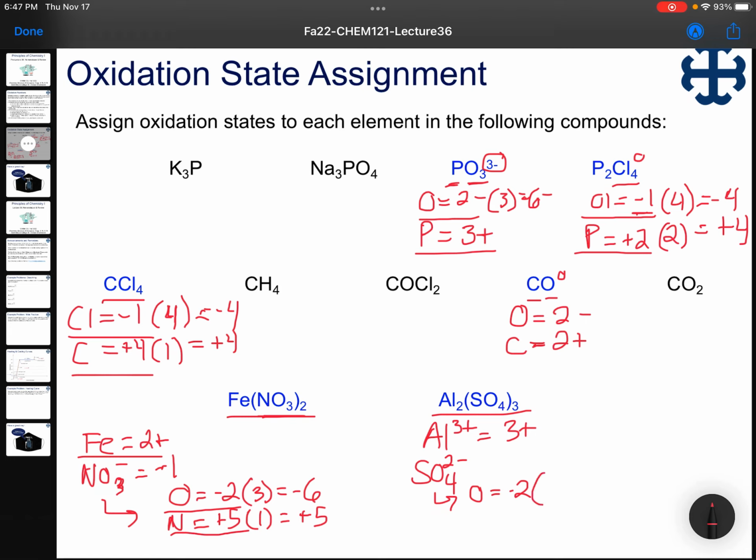And because it has a charge of -2, we have 4 oxygens for a total charge of -8. And our sulfur needs to balance that to get it to a charge of -2. And so we don't know what sulfur's oxidation state is. We know we have 1 of them. And our difference between -8 and -2 is, of course, +6. And so sulfur's oxidation state would be 6 plus then. So final answers here. Aluminum has an oxidation state of 3 plus, oxygen, oxidation state of 2 minus, sulfur, oxidation state of 6 plus. Okay?